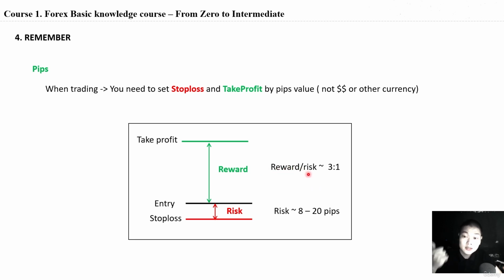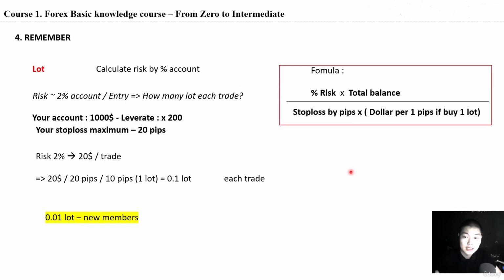It means that 1 winning trade can cover 3 losing trades. It's a successful system for professional traders. And one more thing, every stop loss needs to be fixed from 8 to 20 pips. And about the lot, you can use it to calculate risk for your account. For example, you want to control your risk. Maximum is 2% of your account, and you need to calculate how many lots you need to enter for this case. And for example, your account is